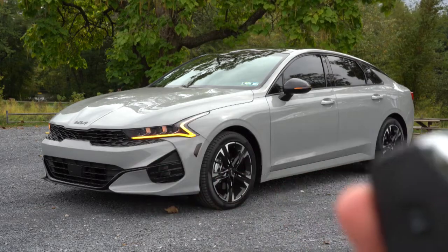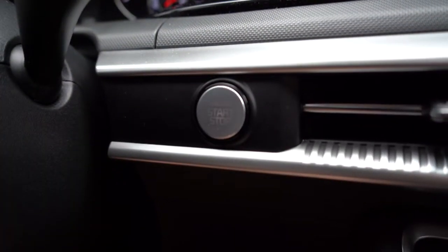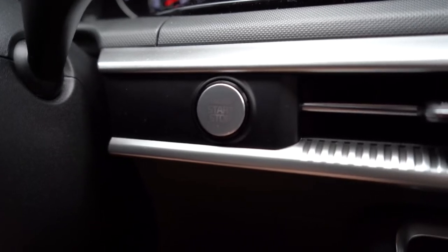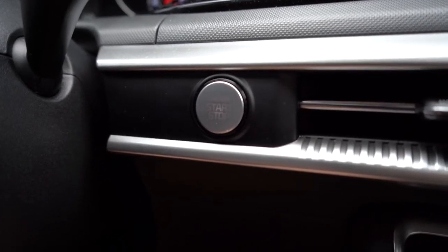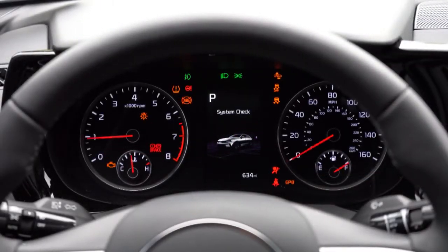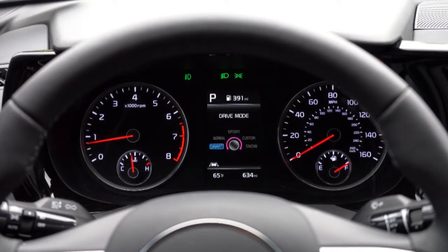Again, the LX trim level is not going to give you that, but all I'm going to do here then is simply put my foot on the brake and press that silver engine start button located just to the left of the front air vents there. And so once started up, tachometer is all the way to your left, speedometer is all the way to your right, and there is a digital speedometer that will be located front and center, giving you information like how many miles you have left until you hit empty, which it looks like is telling us